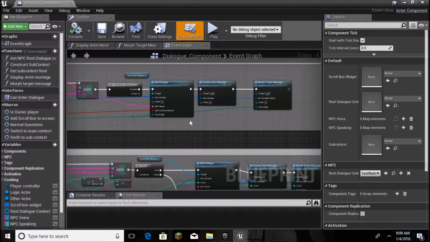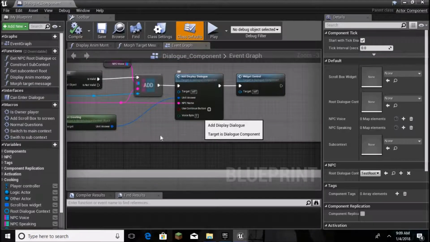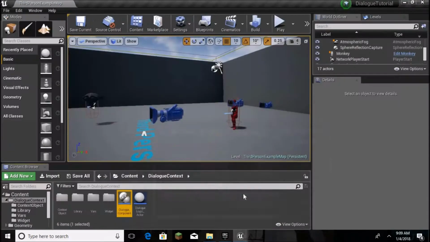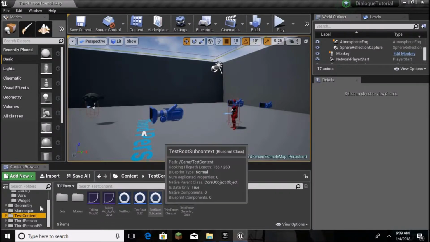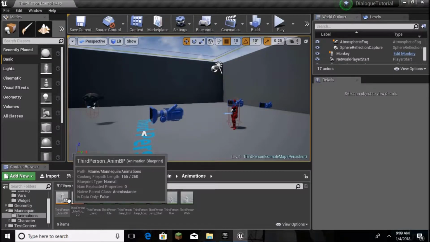There's one thing you're gonna have to do before you actually make sure that this works. All right. Yeah, the rest of this should be exactly the same. The last thing you need to do is, I went over here, not there, over here. What was it here? It was under mannequin. Under mannequin animations, you want to grab